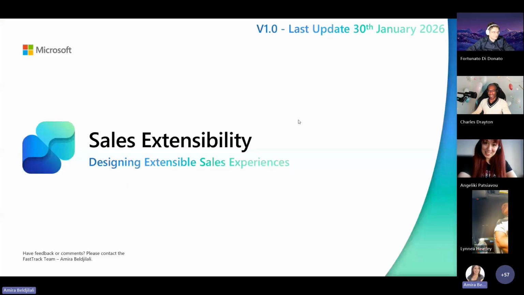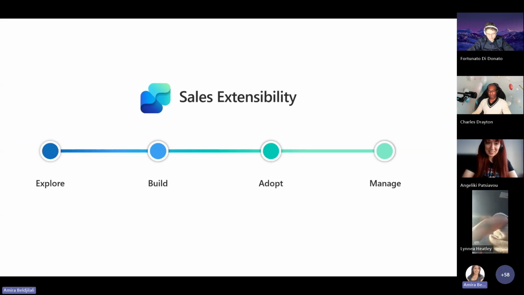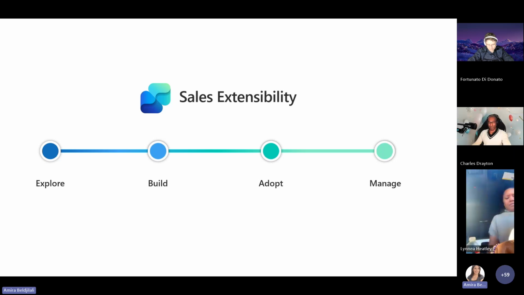Because the idea here is really to share with you those latest capabilities that we announced recently, and all is around sales, as Angelique had mentioned. So first, to start, the idea of this content was really to help you to start with the sales extensibility,